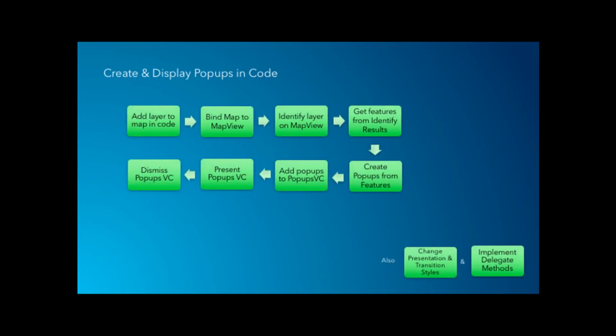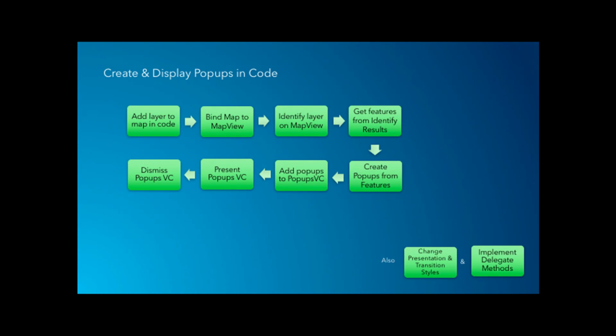So here's the workflow to do that. You need to add a layer to the map in code, bind the map to the map view, identify layers, and get features from the identify results. You would create pop-ups from the features, add pop-ups to the pop-ups view controller, and present and dismiss it. You will notice this process looks quite similar to what we saw with web map pop-ups,